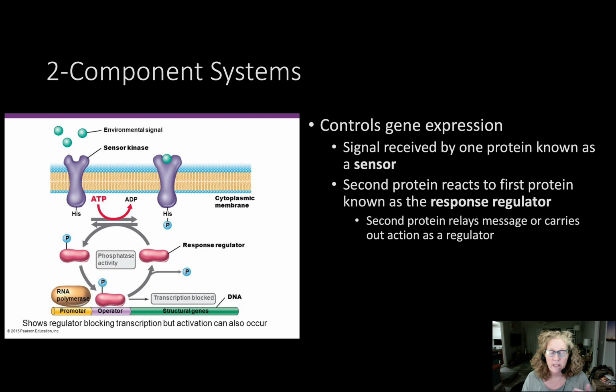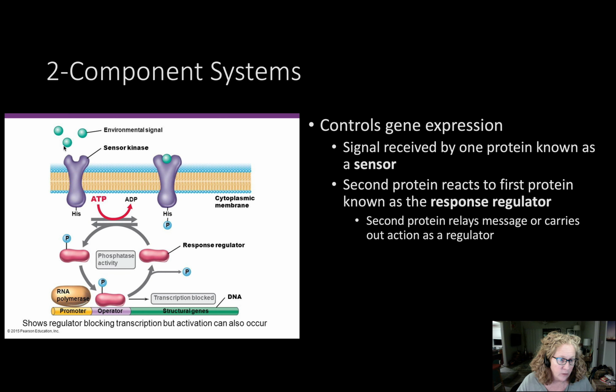So one of the ways that bacteria can control gene expression is through what's known as a two-component system. And this actually is unique to bacteria. We do not have this in eukaryotic organisms. In this two-component signal, we have two proteins, and these are transmembrane proteins. One protein is called the sensor, and it's going to receive some type of environmental signal, whether it's a chemical signal. Let's say this is Bassler's quorum sensing and concentration dependent. So the chemical that's being released says, hey, I'm a Pseudomonas, how many of you are out there? That chemical signal that's being released will start